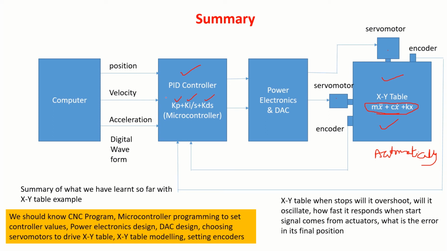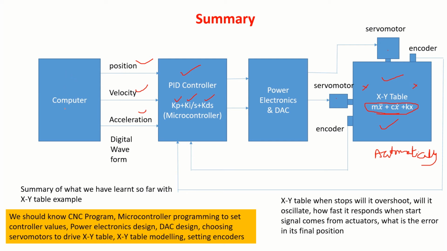So now what are the set values for the XY table: what displacement it should have from point A to point B, what velocity it should move with, the feed rate, the position, which is the start point, which is the end point. To begin with, it has to start with certain acceleration, then decelerate. This information will be fed with the program.